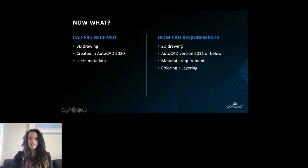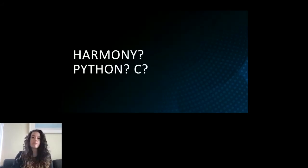So essentially, from that, I thought that this was going to be the perfect harmony. I had actually gone to school for mechanical engineering and had never really gotten to use any of that knowledge. And the CAD space and the software engineering space seemed like the perfect pairing. But unfortunately, I was deceived. After spending countless hours trying to implement in Python or C, we realized that AutoCAD was extremely closed off. It essentially,